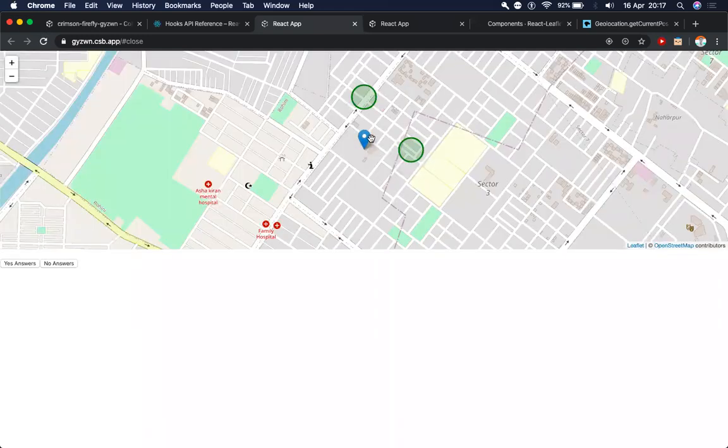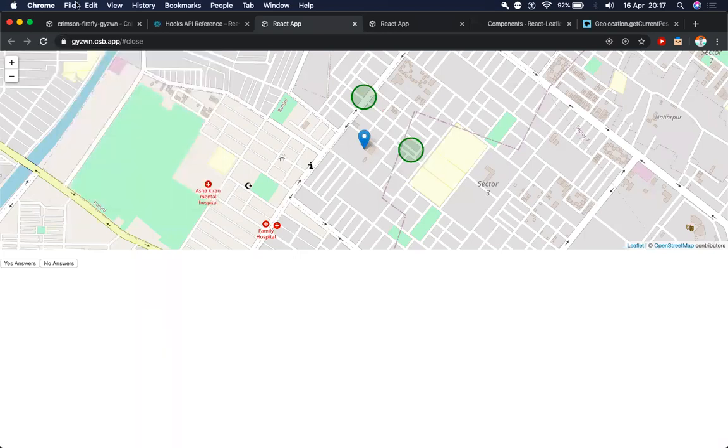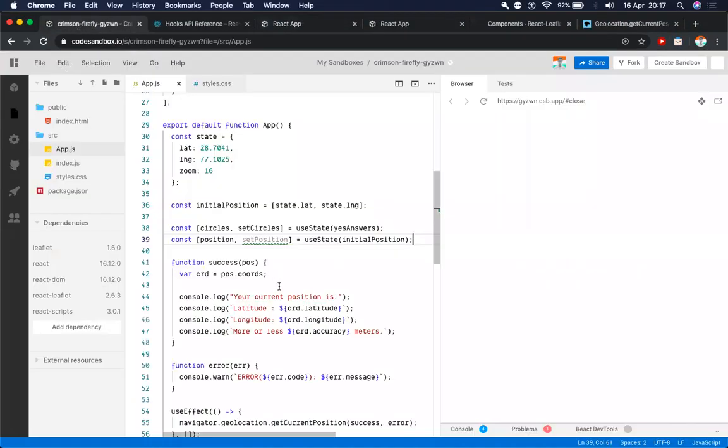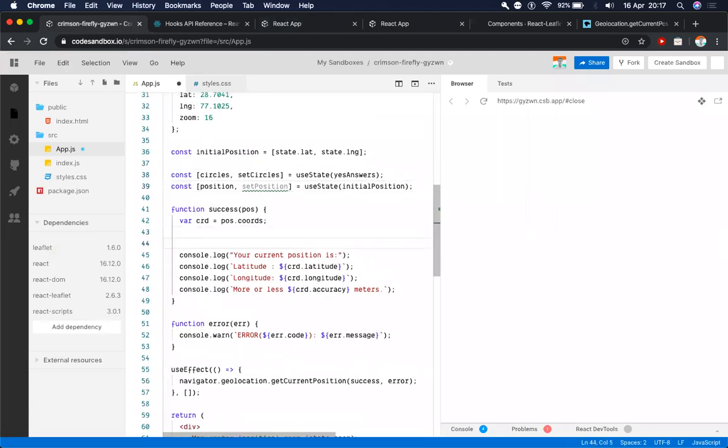I've already given the location access to my browser, so it won't ask me again. It must be printing it to the console right now. So let's say that instead of printing it to the console, what I want to do is set position here.